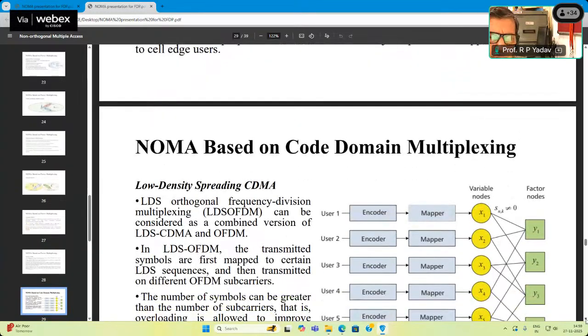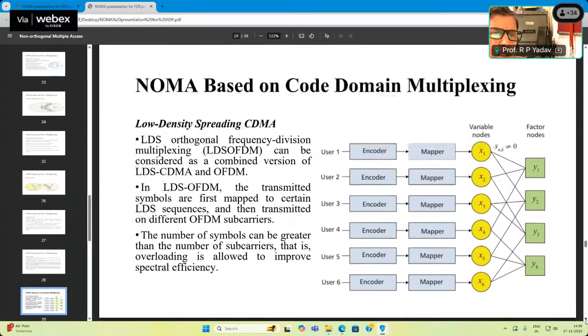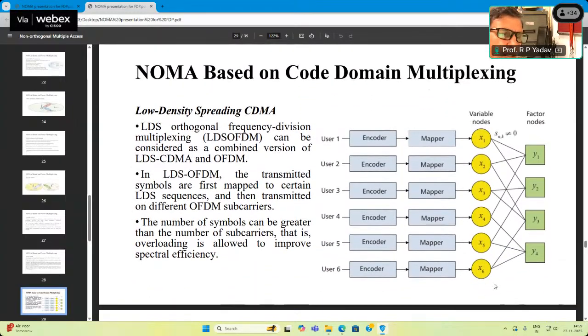Now, the next NOMA technique is based on code domain multiplexing. So what do we do in code domain multiplexing? We use what is called low density spreading CDMA, this kind of technique. And if you look at this technique,